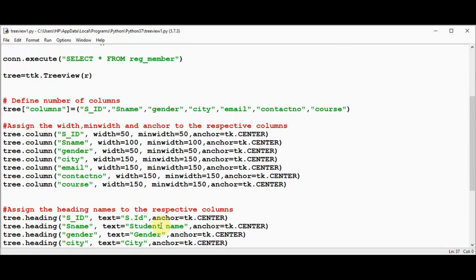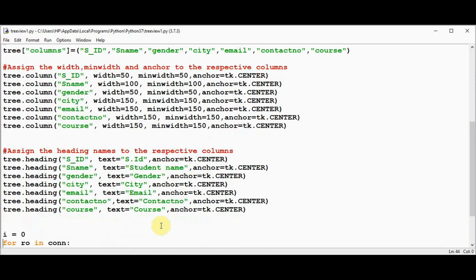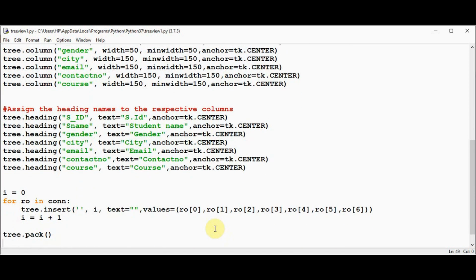And then we are going to assign the heading names to the respective columns. So these are the column names. You can assign the heading names using this text. And for the heading also we have set the anchor tag. Finally, we are going to insert the table values from the MySQL database into the tree view using this command,